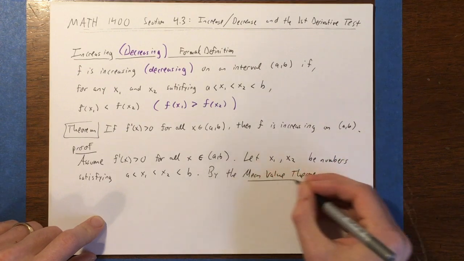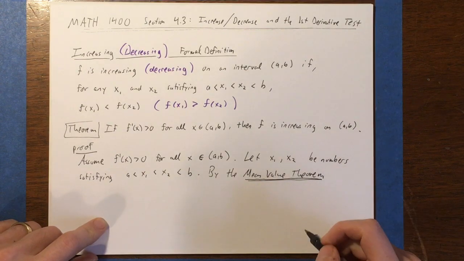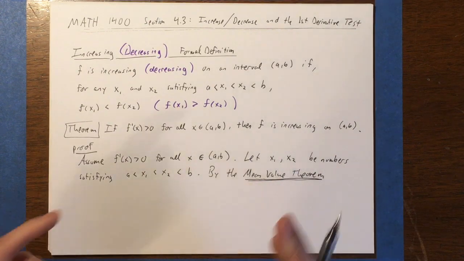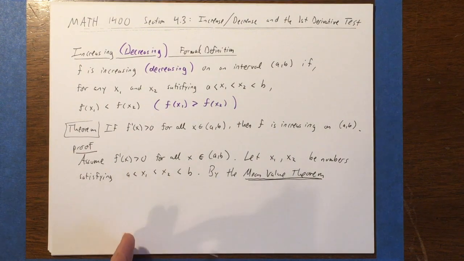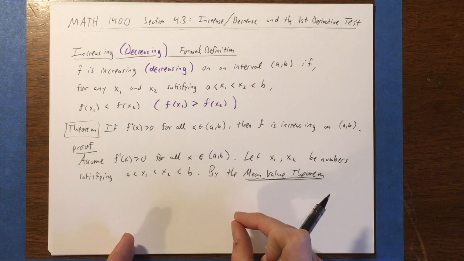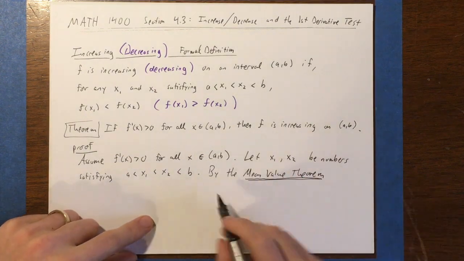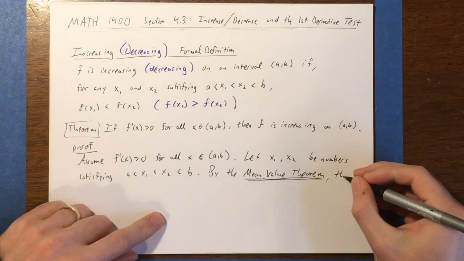So I mentioned that the mean value theorem was important in proving this theorem when I first introduced the mean value theorem. So we're going to use x1 and x2 as the two numbers for the mean value theorem. And the mean value theorem says that the average rate of change from x1 to x2 is equal to the instantaneous rate of change for some number in between x1 and x2. So by the mean value theorem, there exists